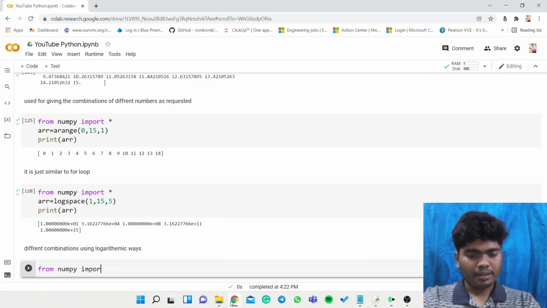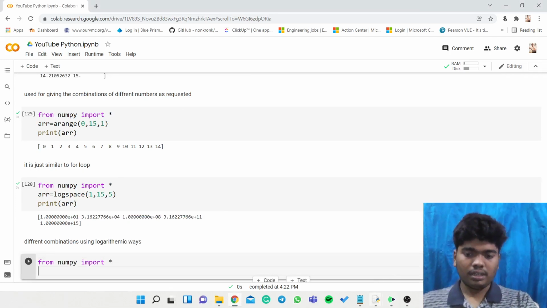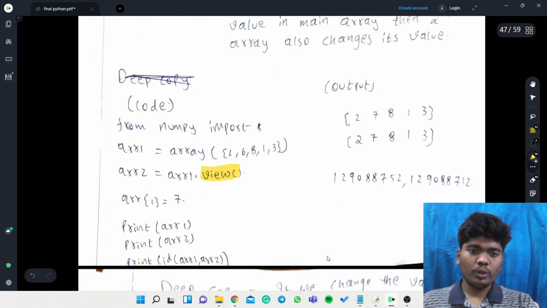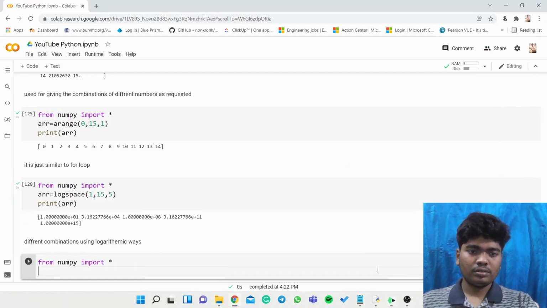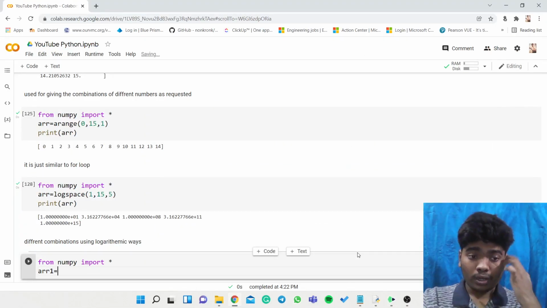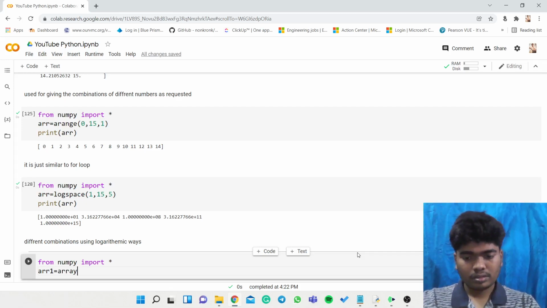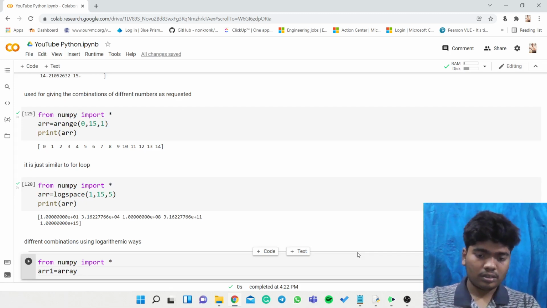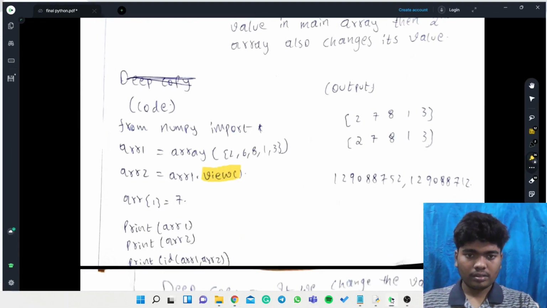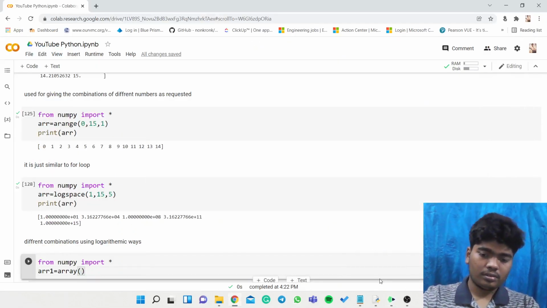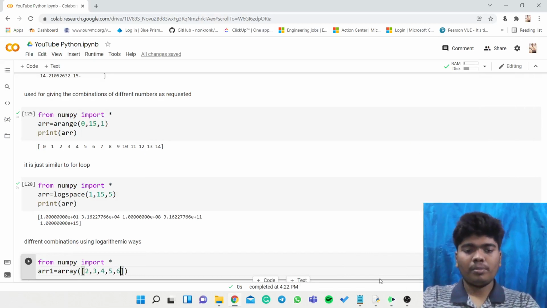From NumPy import star, we need to declare two arrays, arr1 and arr2. Arr1 is equal to array of 2, 3, 4, 5, 6.